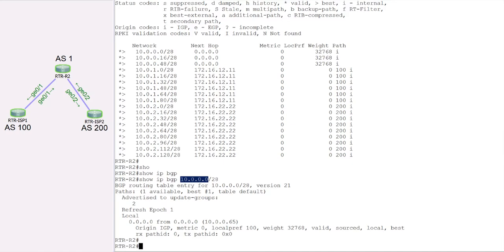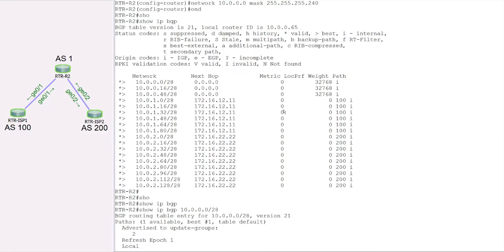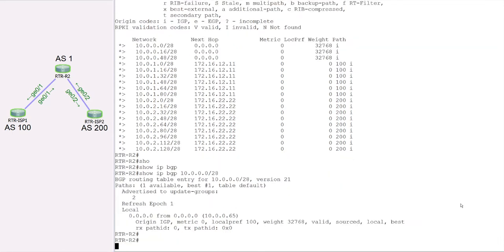Now, if you remember, on this router we had a couple of loopbacks that we configured. All those loopbacks belong to class A, the 10 network, and their mask is /28. That means if you advertise a /24, that would cover all of the loopbacks that we had configured on this particular router. So now let's try to advertise a /24